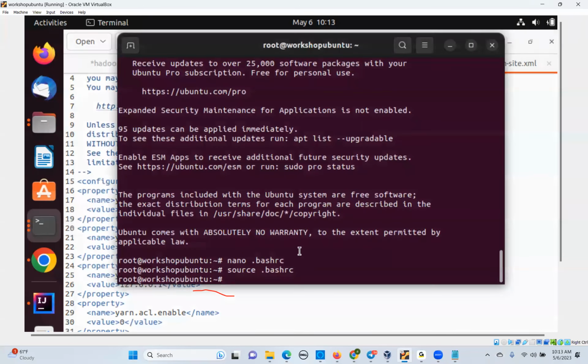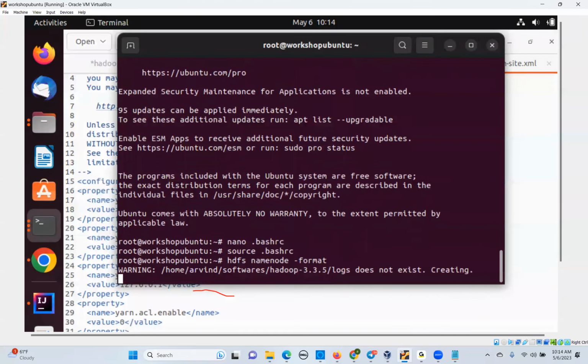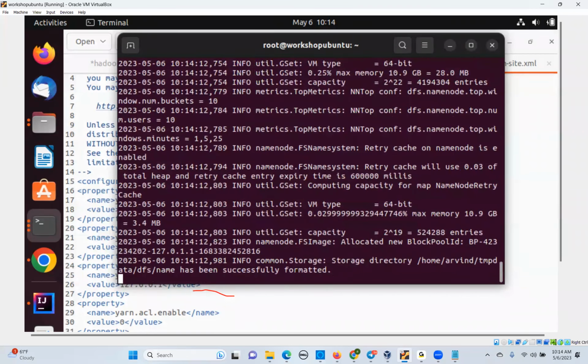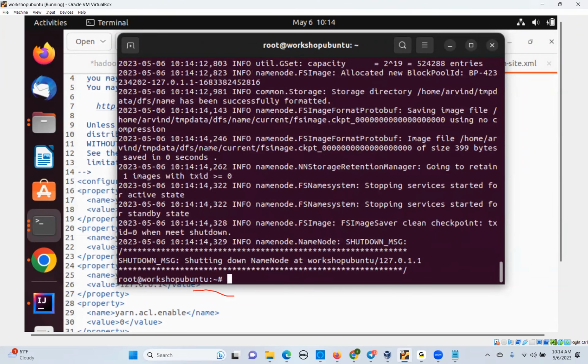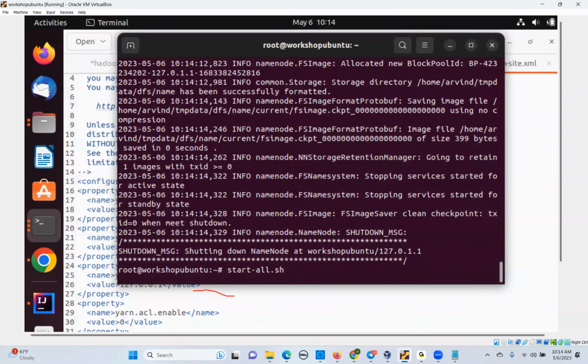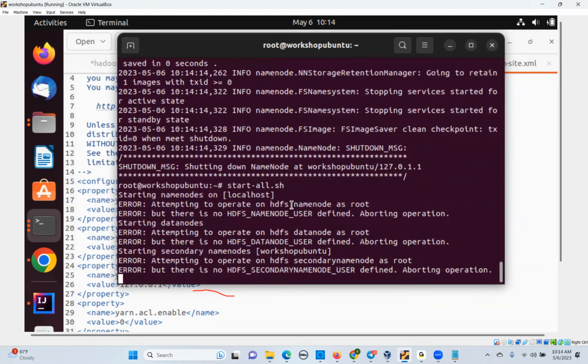Now I have to do the HDFS name node format. It is a format command. You are formatting. Okay, so when I do hdfs namenode -format, it will format my name node, and my Hadoop is ready. I can run the command start-all.sh to start all the services. So start-all.sh. So it will start